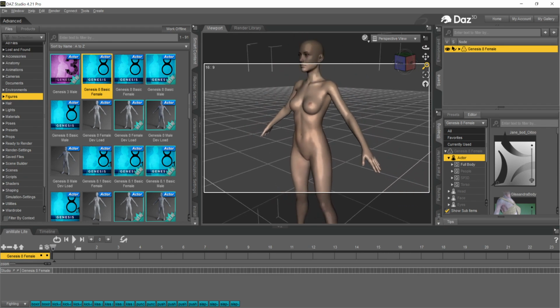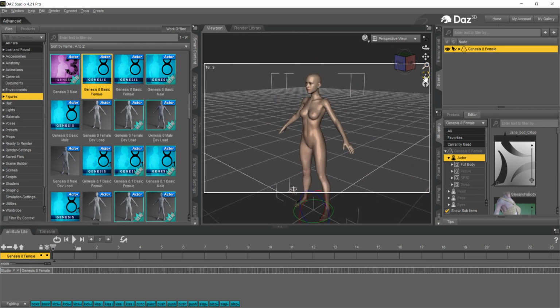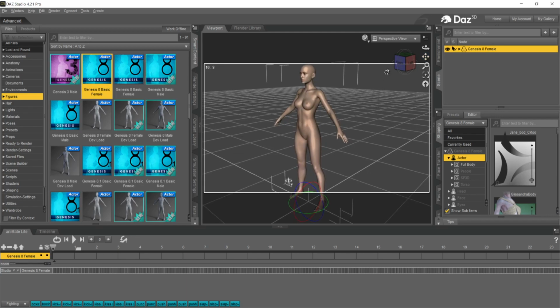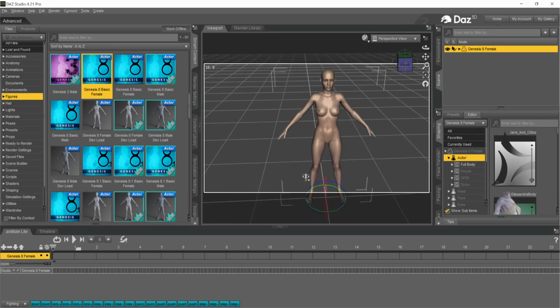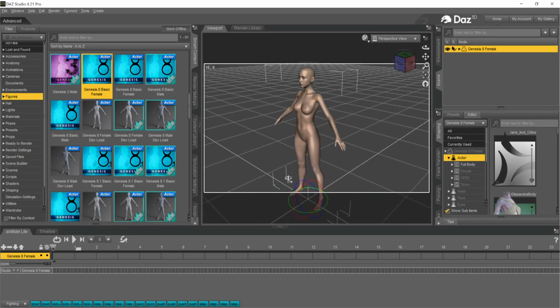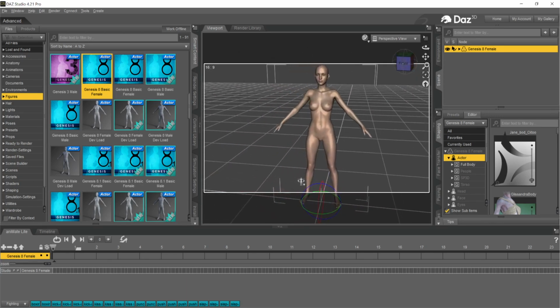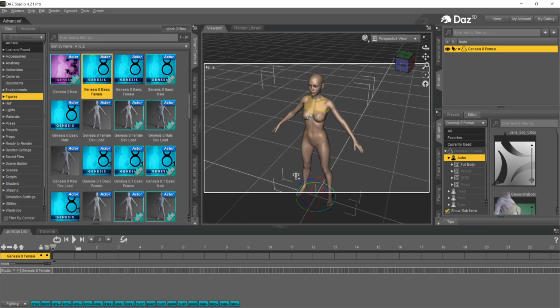I'm just going to hope that YouTube doesn't get PO'd at me because there's nudity on here. But this is your Genesis 8 female body. Now, we are not going to bring in hair or anything add-ons yet. It's better to do that separately, and you'll use the dev load to do so. So we have the female body, and this is the fun part. There's literally nothing left to do, except for